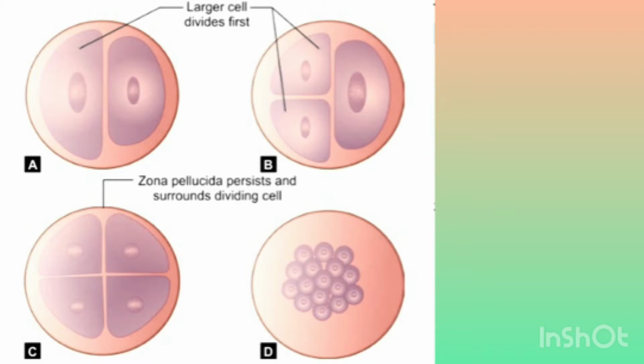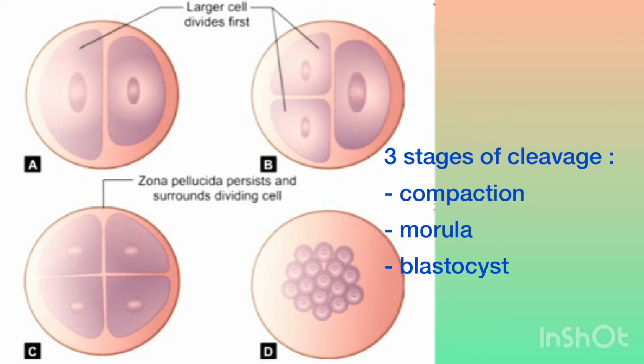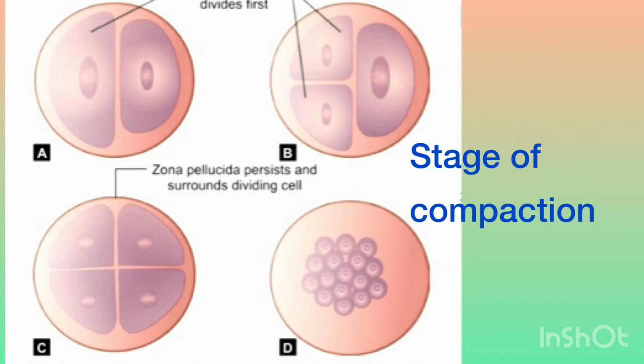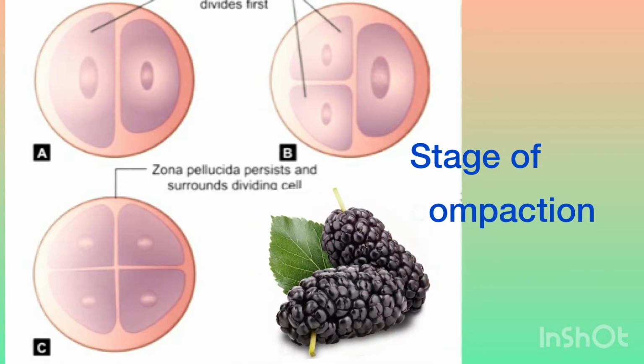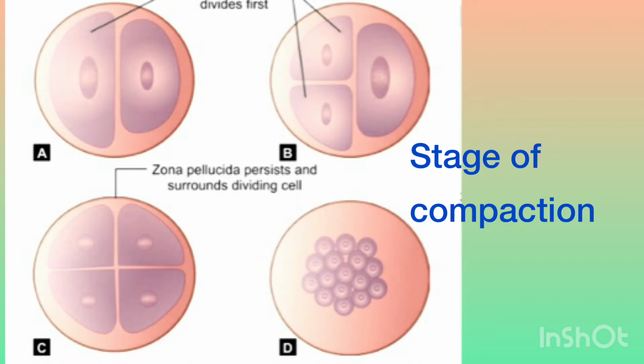After the fertilization, the zygote now starts dividing, that is, the large cell divides into 2, 3, 4, and then forms morula. The three stages of cleavage are the stage of compaction, the stage where it becomes a morula, and the stage where it turns into a blastocyst. Carefully have a look at this diagram, how the cleaving zygote slowly starts getting compacted and finally forms a morula, which is a 16-celled structure in the form of a mulberry, thus giving it a name of compaction.